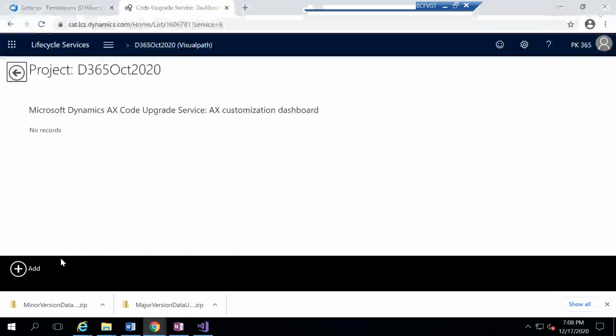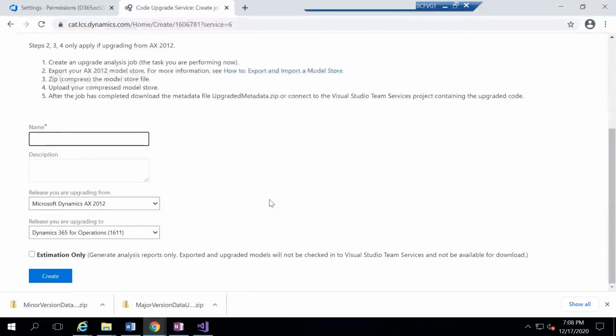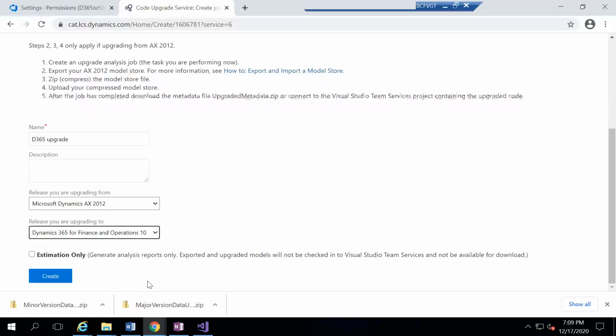How to create that model store? You have a command called axutil, and using that axutil command, you need to generate a model store, and then you need to use it. Okay, so once you are done, you can come back here and then create a code upgrade project